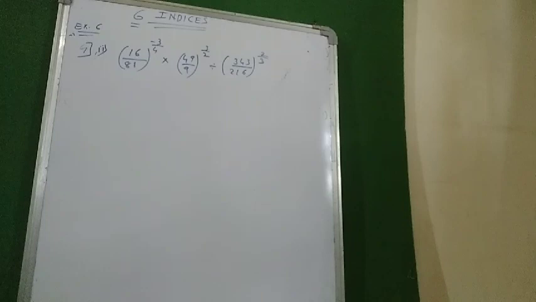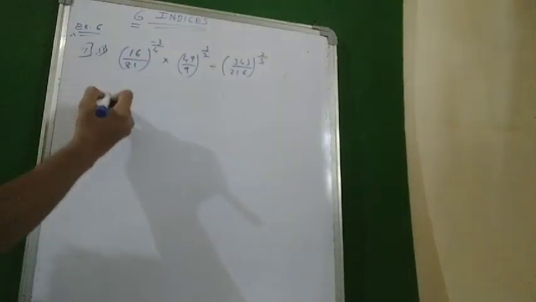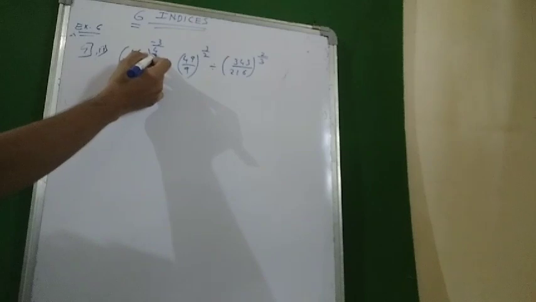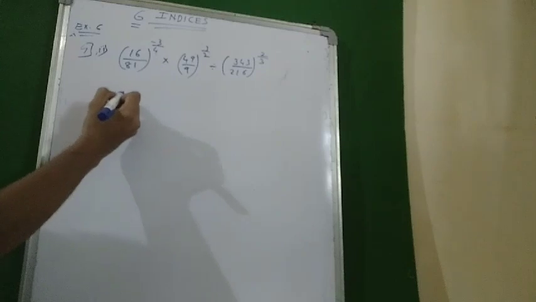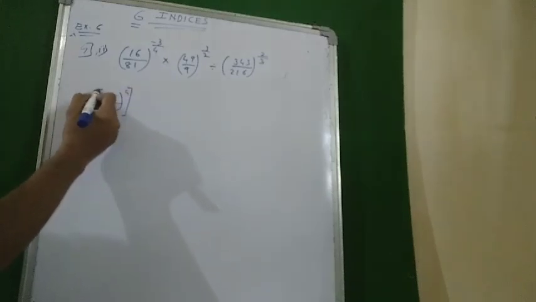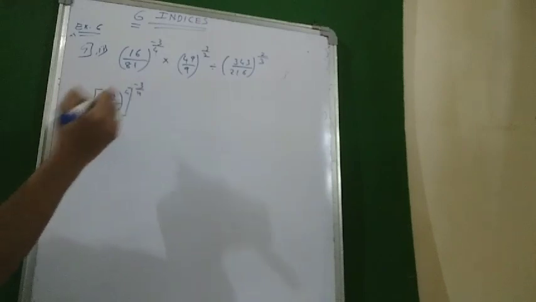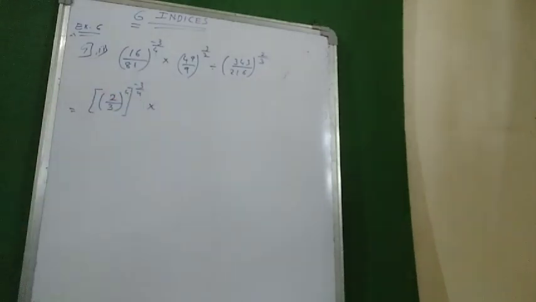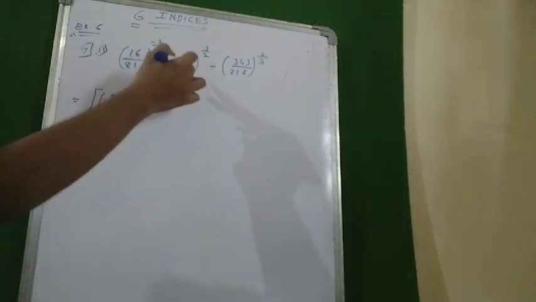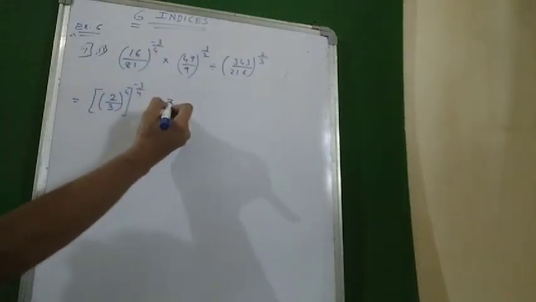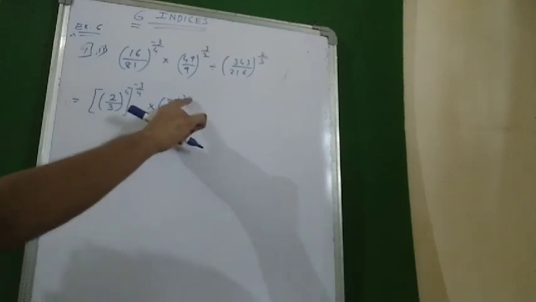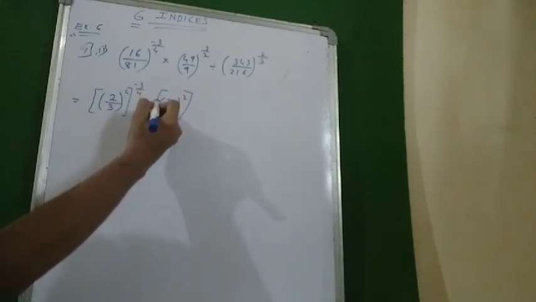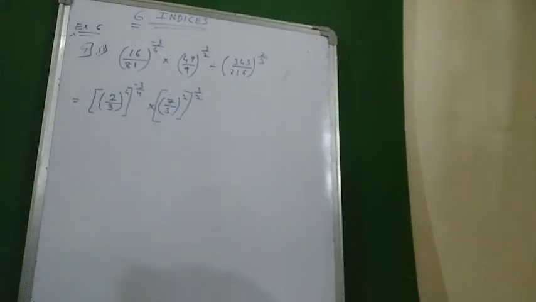Now we'll move to the second part of the fourth question. Okay, 16 can be written as 2 raised to 4 because it is a 4 over here, and 81 can be written as 3 raised to 4. So it is 2 upon 3 whole raised to 4, raised to minus 3 upon 4. Okay, multiply by 49 upon 9, and here it is 2, so it can be written in the form of square root. So square root of 49 is 7, 9 is 3, so 7 upon 3 raised to 2. So 7 square is 49, 3 square is 9, and the whole raised to 3 upon 2 as it is.